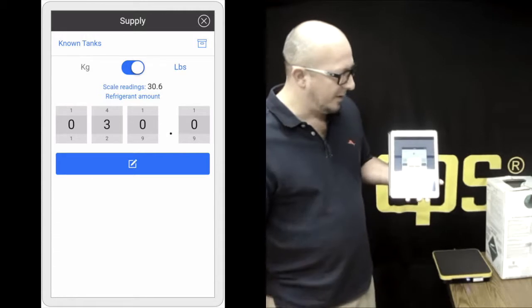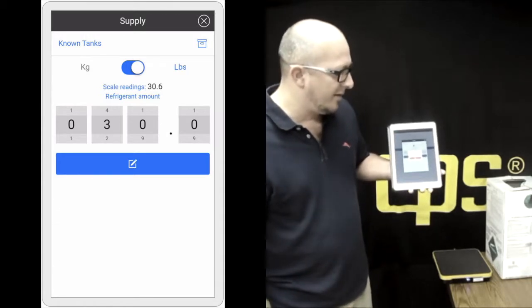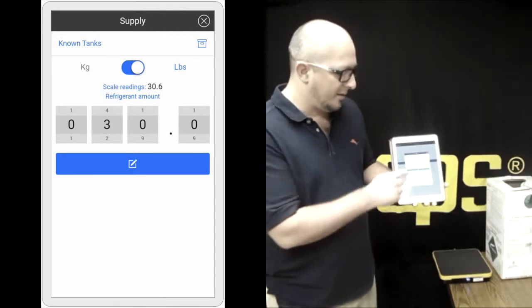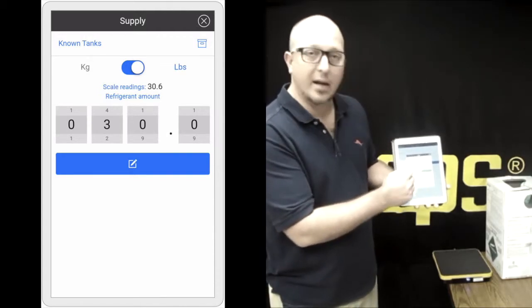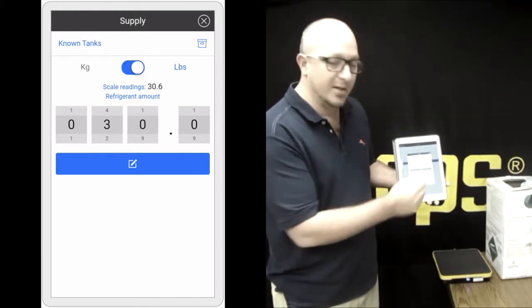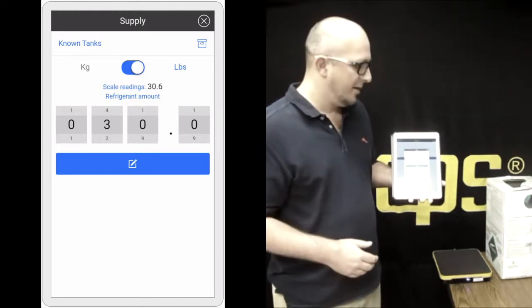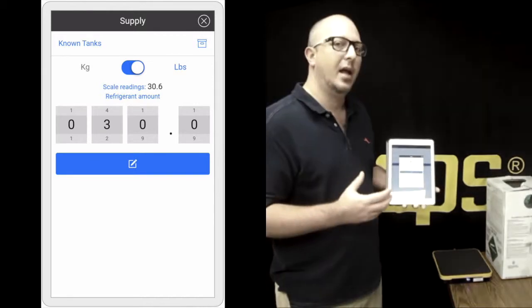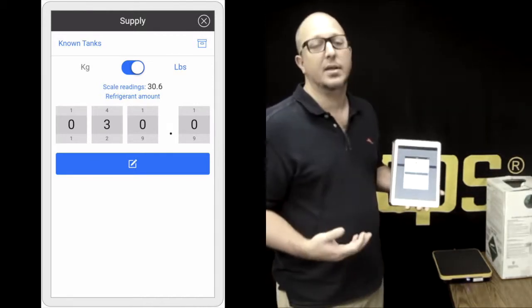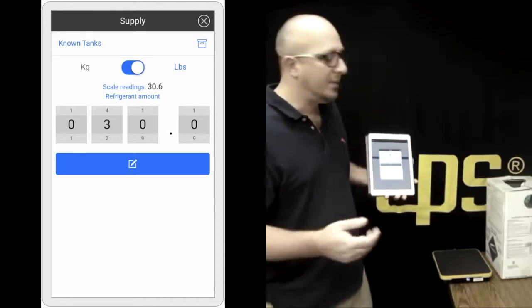As you see here, it's giving me an error code: Current weight is less than amount of refrigerant entered. So it's going to instantly take me back. You can see here right above where I had entered the weight for this tank, it's showing me what the scale is actually reading. And as you see right now, it's reading 0 pounds. When the device recognizes that you're trying to add a tank that is not matching the weight that you've entered into it, it's going to give you that error code. I simply need to